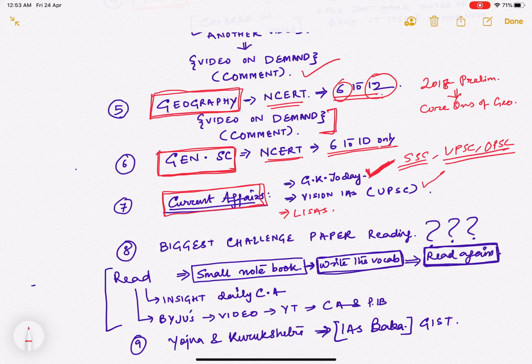Yes sir, Vision also gives factual data, but GK Today covers more factual data. But Vision knows which factual data the UPSC is going to ask and which it won't ask. Hence, with respect to current affairs, GK Today, I would say, is far better. Now, what happens is that whenever we are going for current affairs, we basically purchase a